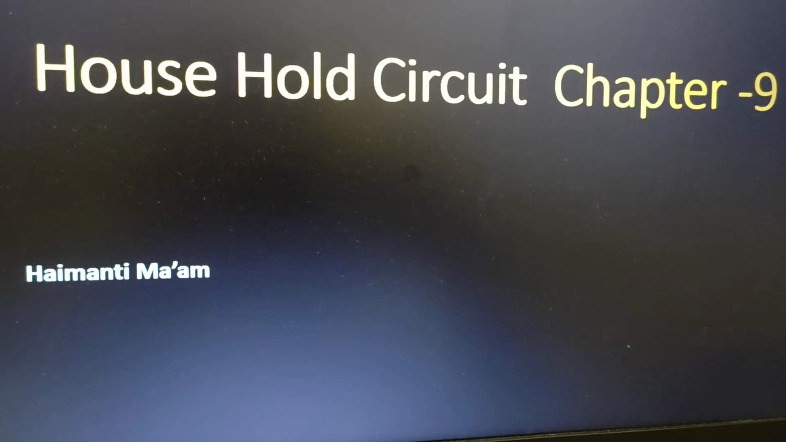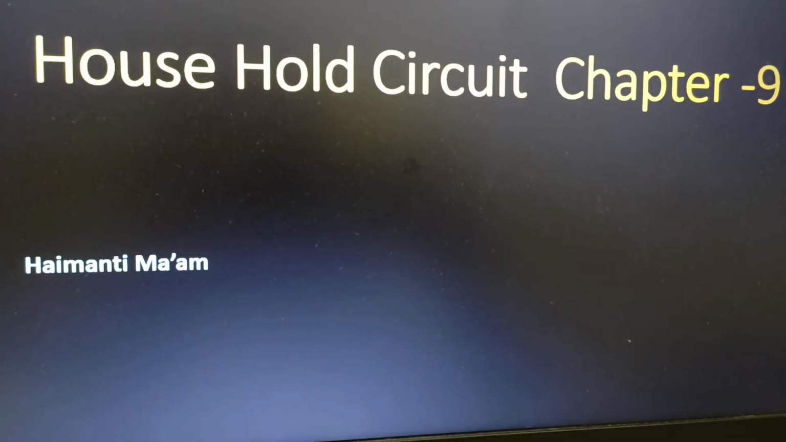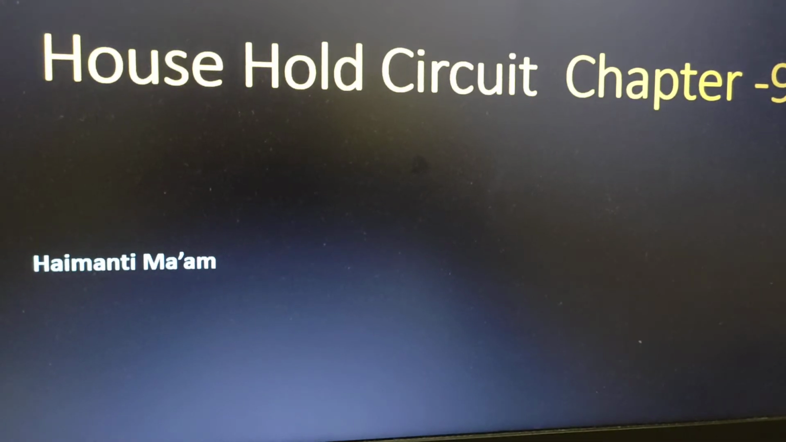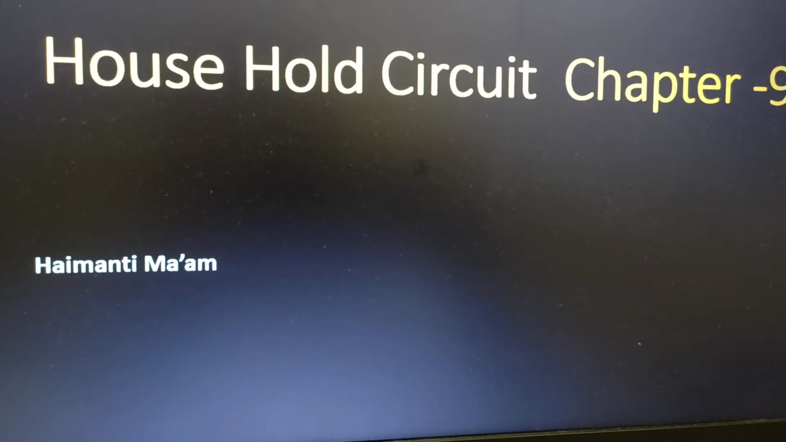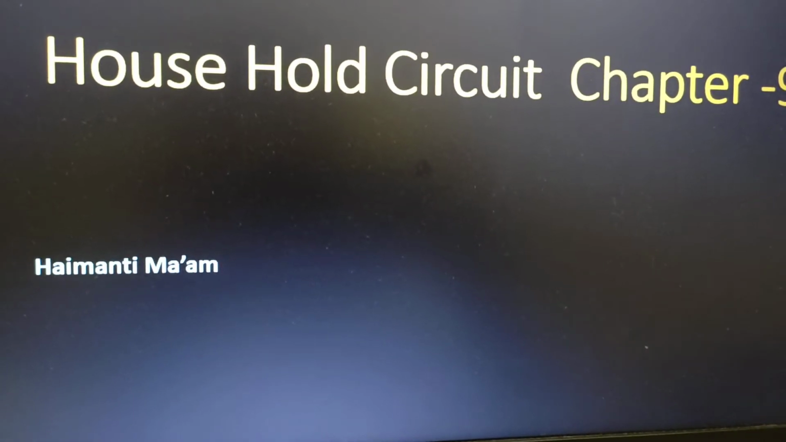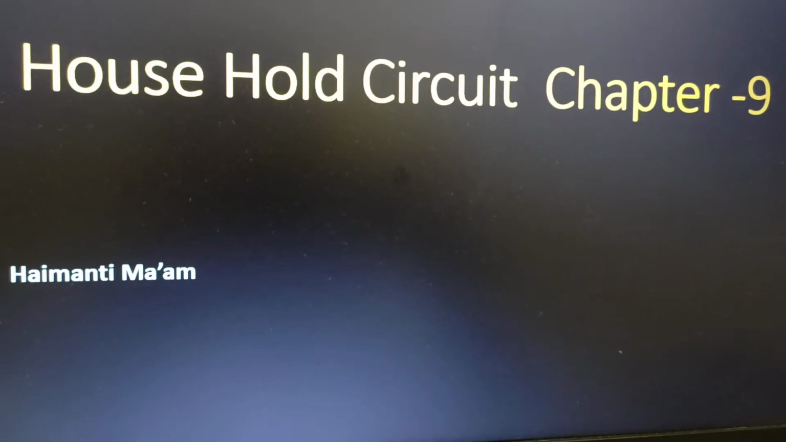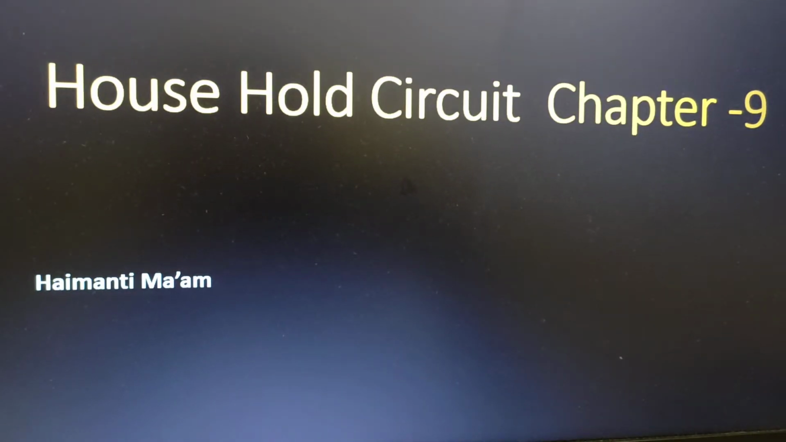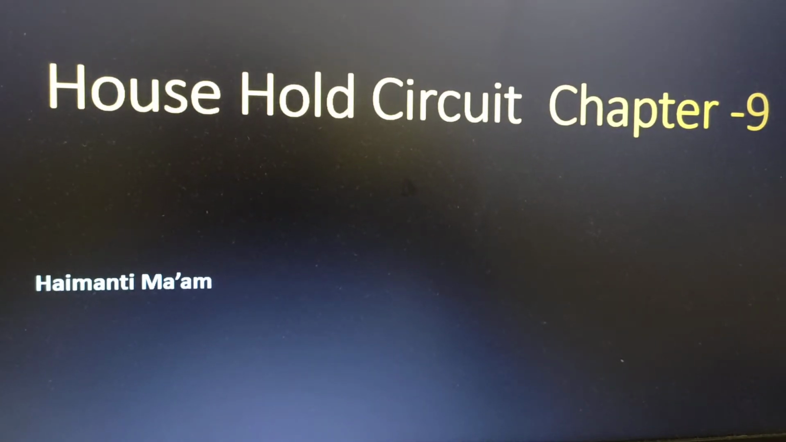Good morning class 10. In this video we will discuss chapter 9, that is the household circuit. Here we are basically concentrating on the key facts. What are those? First of all we will discuss how electric energy is generated in a power station, and